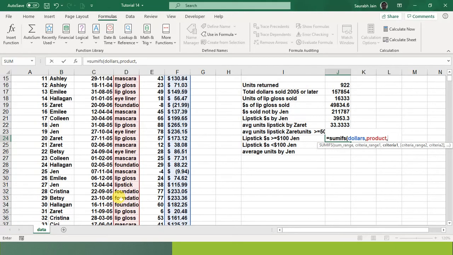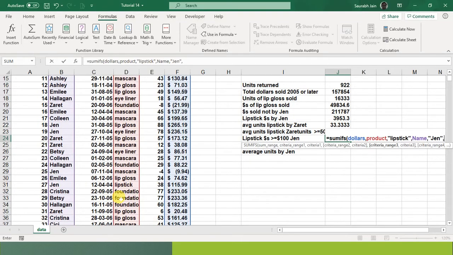Product, comma, lipstick. Then you have to apply, it has to be Jen. So comma, name, comma, it has to be Jen. Fine. Comma.